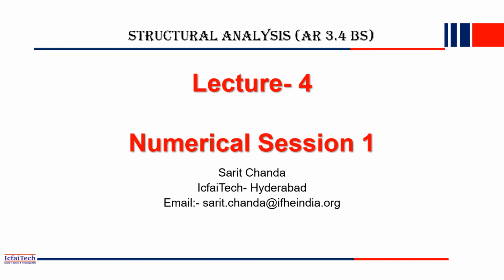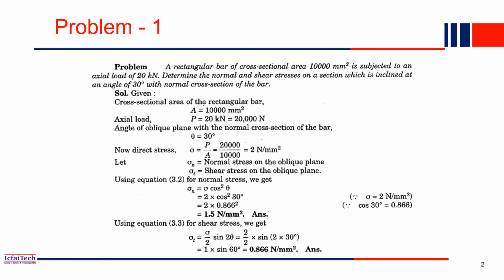Another class. Last class we discussed principal stress and strain. So today let's solve a couple of examples. The first problem: a rectangular bar having a cross-sectional area of 10,000 millimeter square is subjected to an